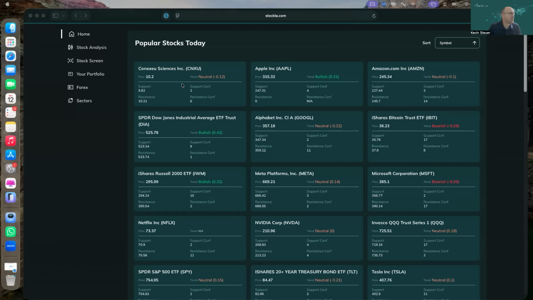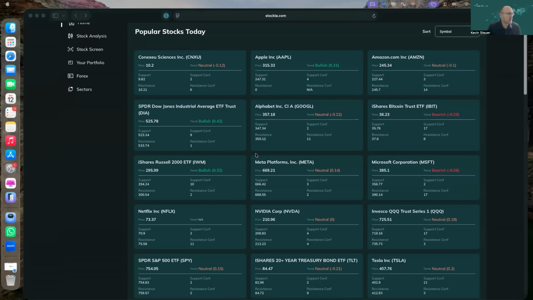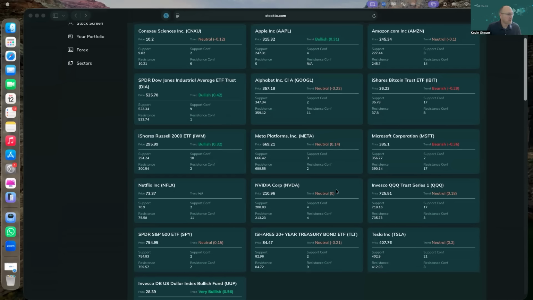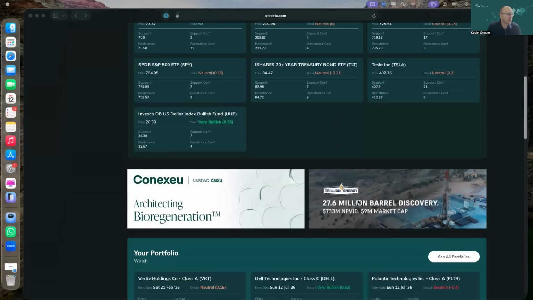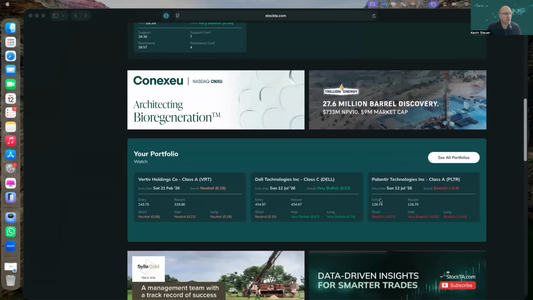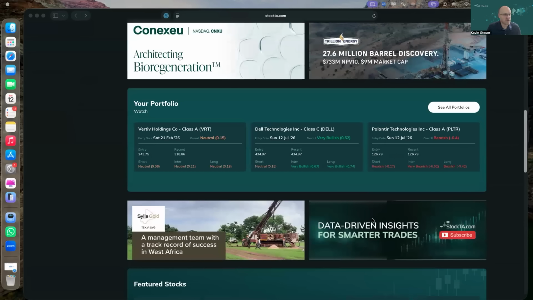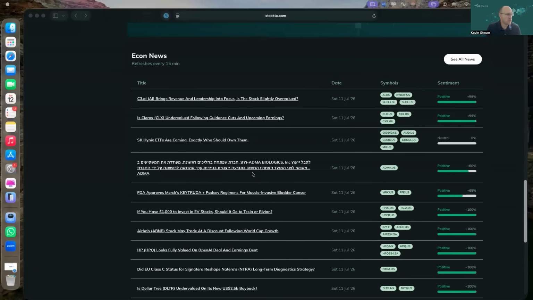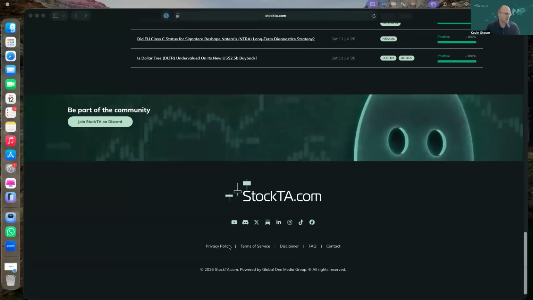So here are popular stocks, all the different things, whether they're indexes or popular tech stocks or ETFs that people trade. Here's some of our sponsors. Here's the area where your portfolio is. More sponsors. Here's how you find our YouTube podcast, featured stocks, econ news, and then down below, there's privacy policy,